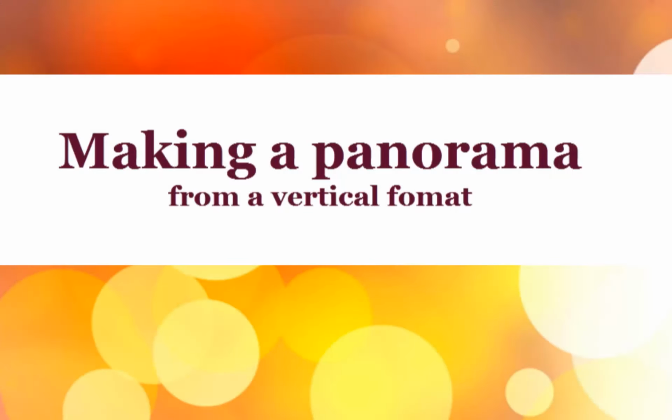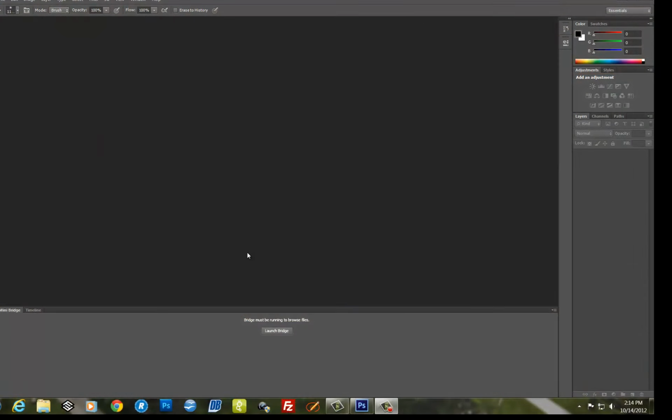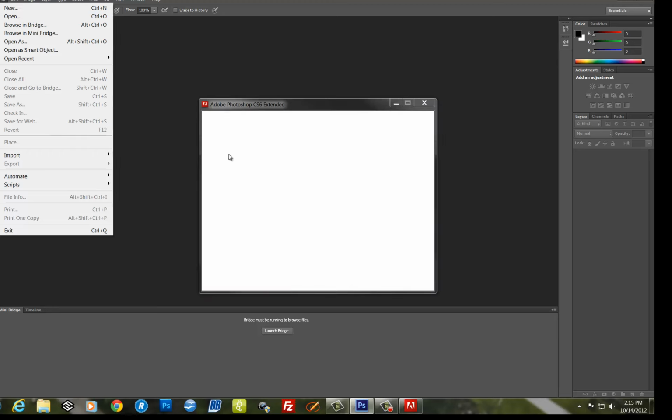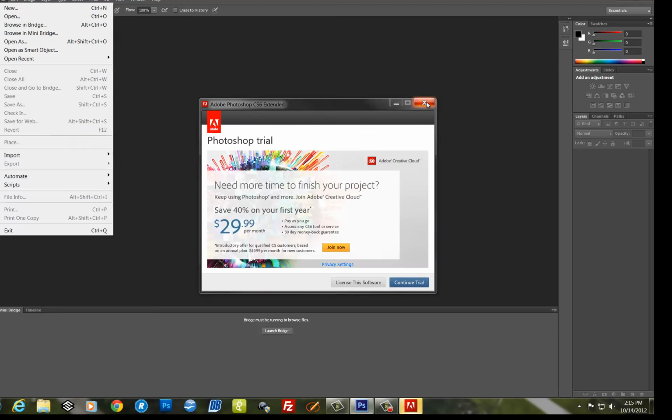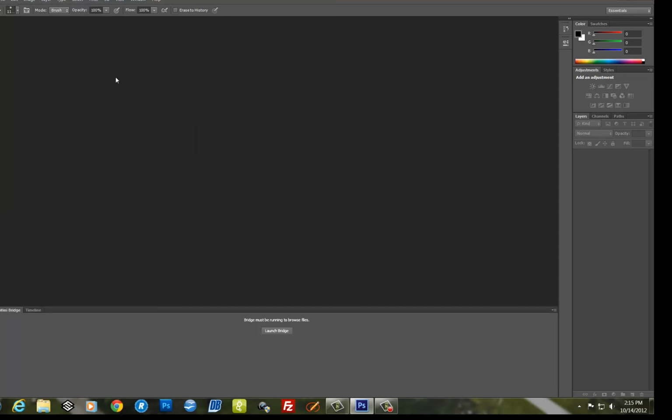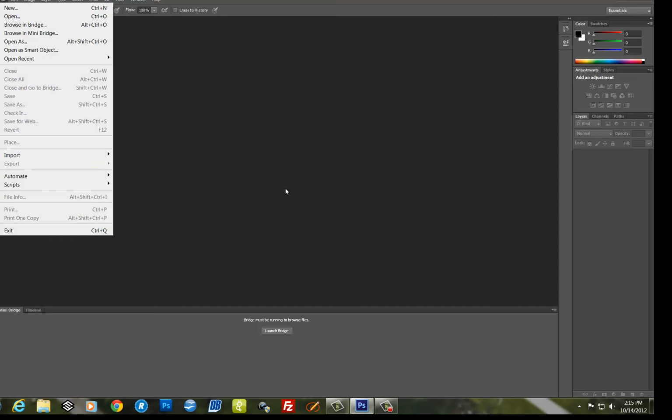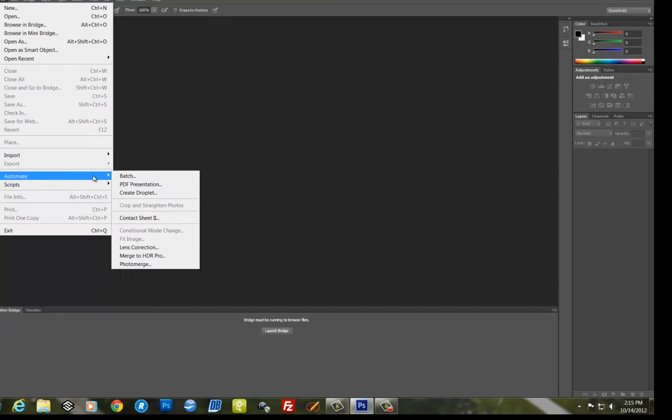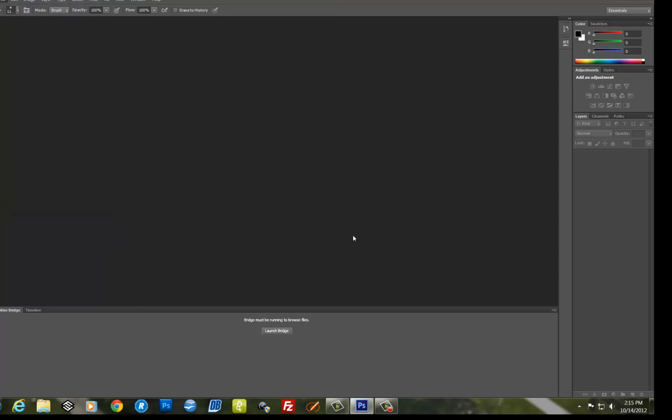Hi, this is going to basically be a review of the assignment that I gave you guys this week, and that is how to make a panorama. The first thing we do is go to File, Automate, actually after we click Continue, but we go File, Automate, and we go down to Photo Merge. The Photo Merge dialog comes up,